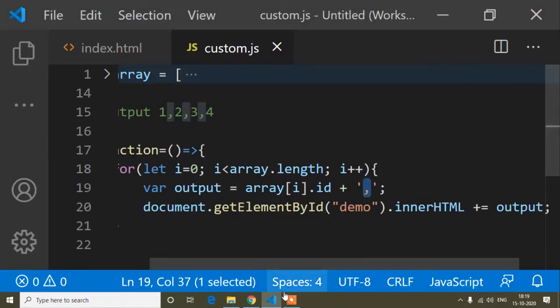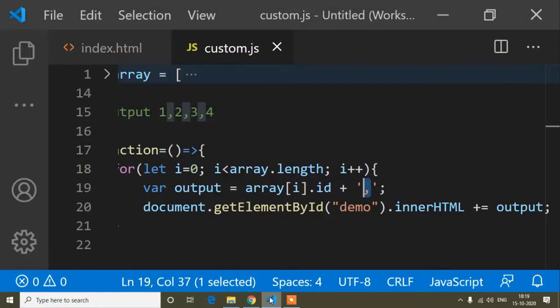Now let's check the output. Here you can see 1 2 3, and after the 4 a comma is also added, but we don't need that comma. That is our main focus. Today's topic is that we will remove the comma from our last array element value.